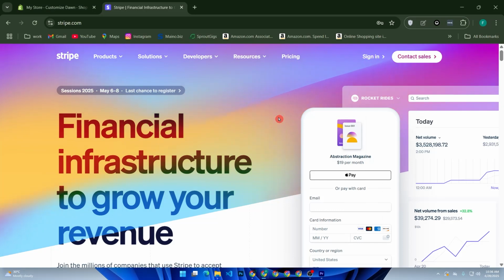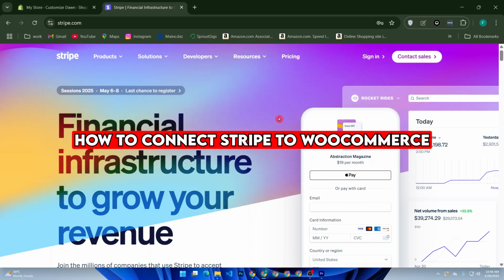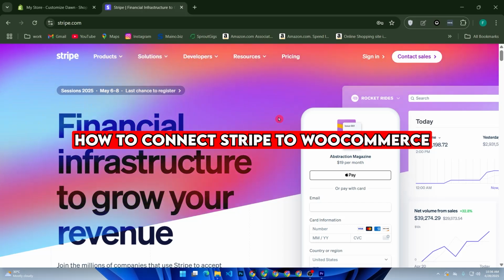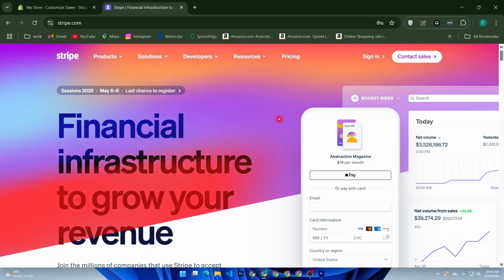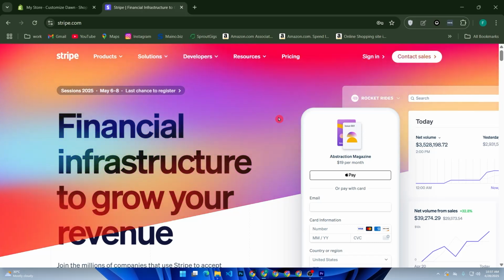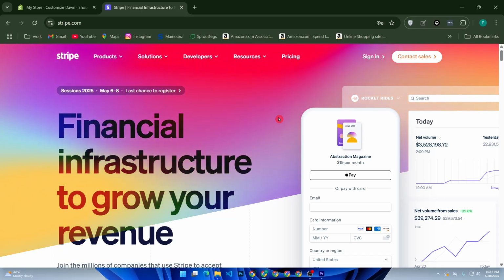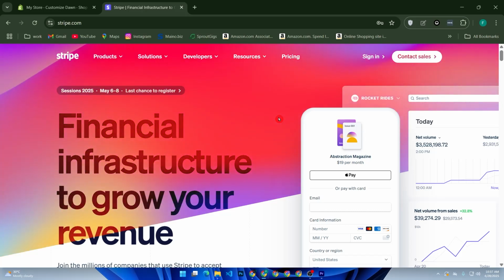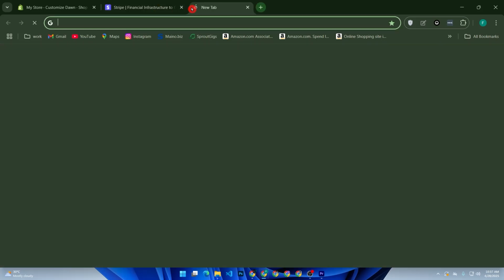In today's video, I'm going to show you exactly how to connect Stripe to your WooCommerce store so you can start accepting credit cards, Apple Pay, and more. Let's get started. First of all, go to